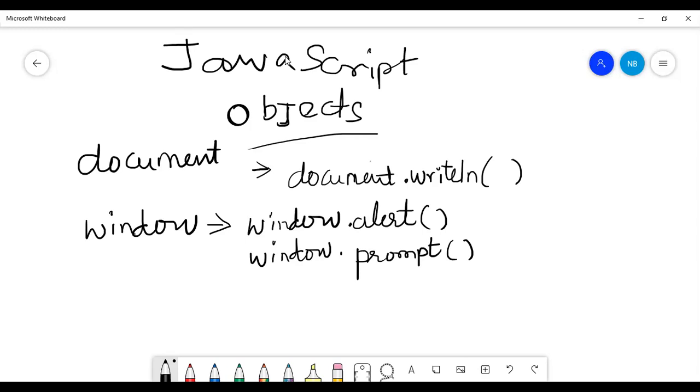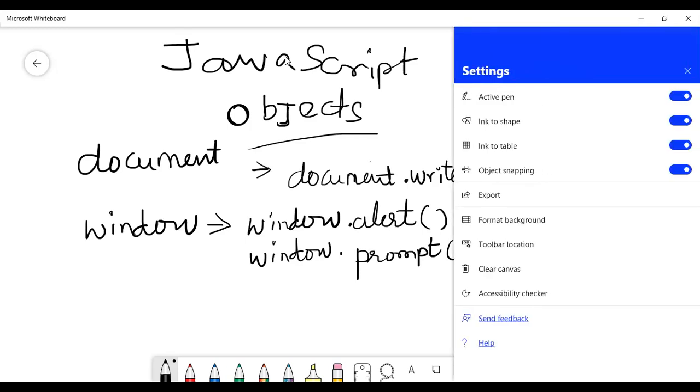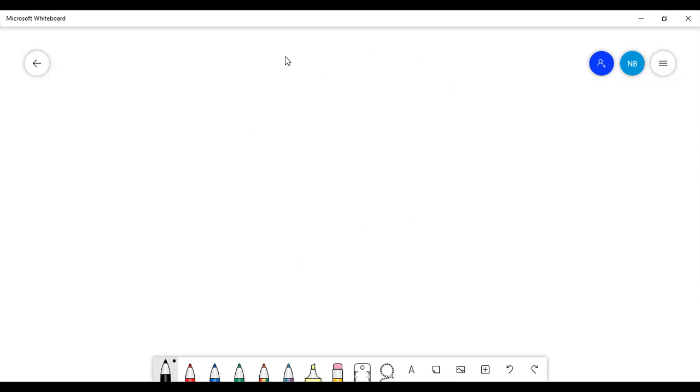All those methods will be accessed with the object name, so object name dot method name, which we are going to use.